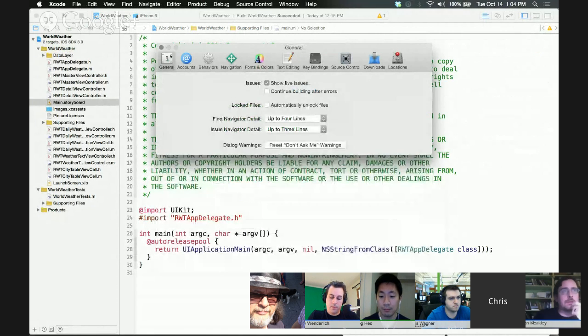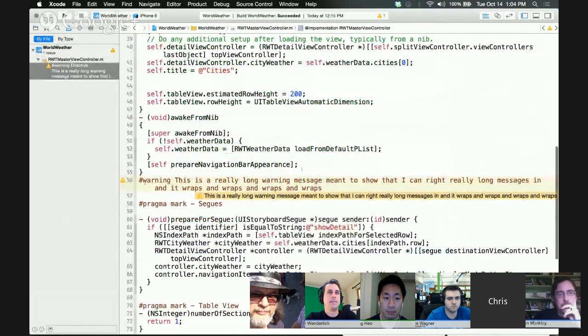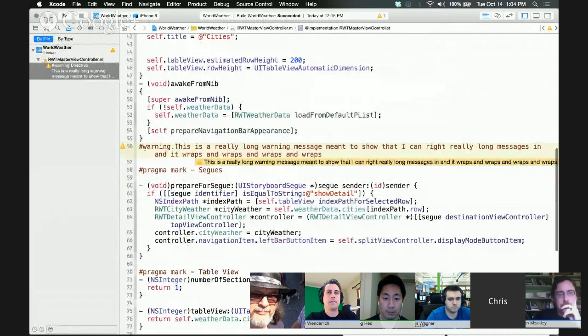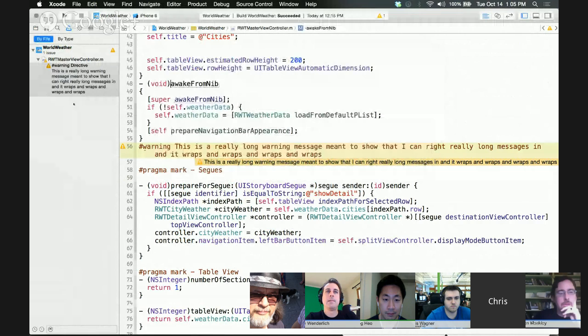So the first one I want to show is this issues navigator detail, which I think was a really nice tip that a couple of the tutorial team members shared. The default is 3, and so what this looks like is if I come over here, for example, I put this warning in. This is a really long warning message meant to show that I can type really long messages. Well, so the problem is over here on the left side, you can see that it gets kind of cut off, right? So you bring up your preferences, and I can actually put this up to, let's say, 10 lines, and you can see everything gets wrapped nicely so that you don't actually have to jump